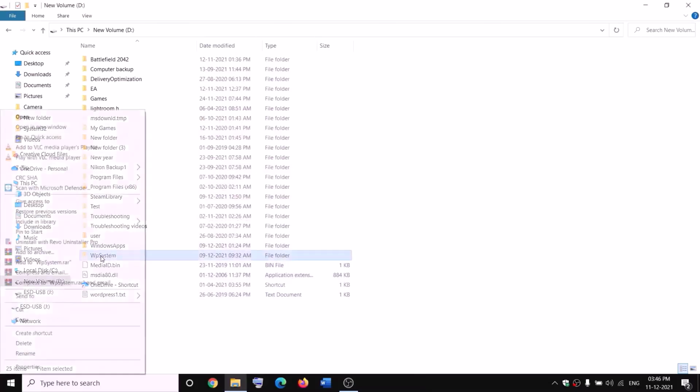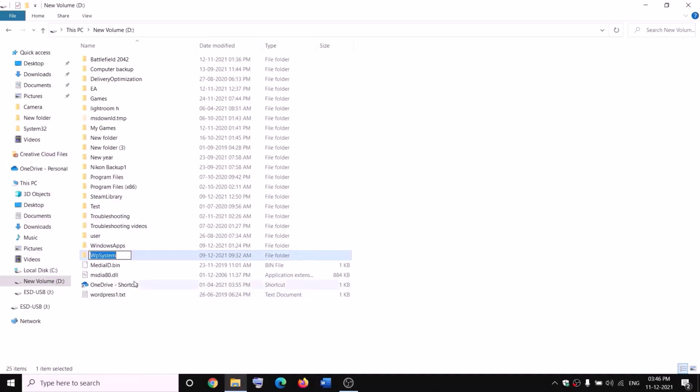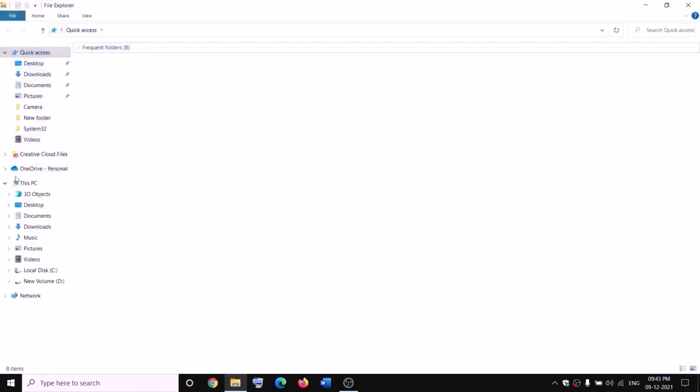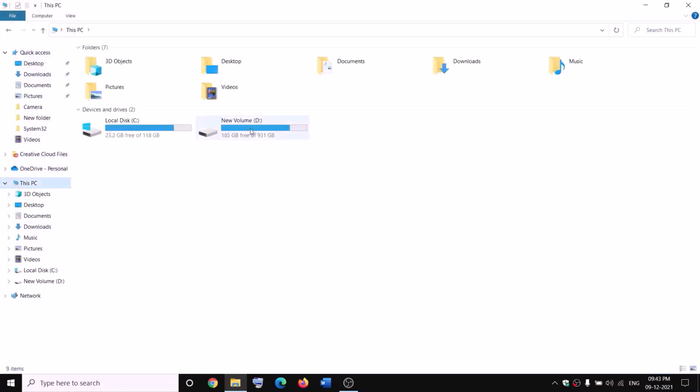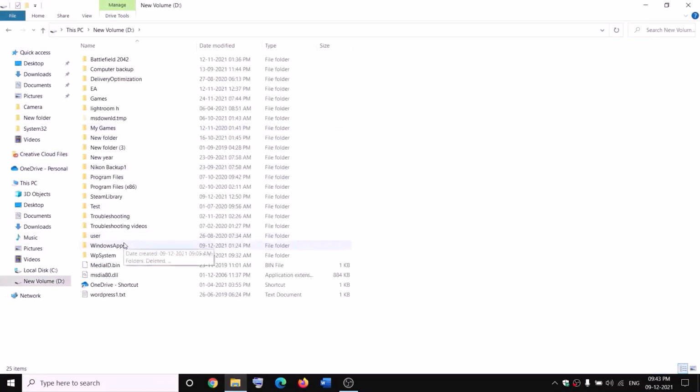So now you can rename it. Make a right click, then click on rename, rename it as wpsystem.old. If you still face a problem, in that case, you can go ahead and restart your computer and then try to rename it once again. Open File Explorer and then go to This PC, open D drive, then make a right click on WindowsApps